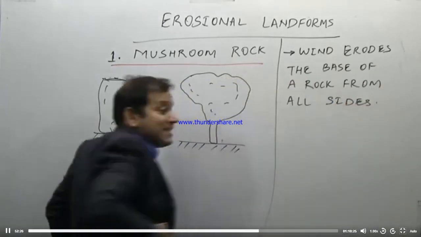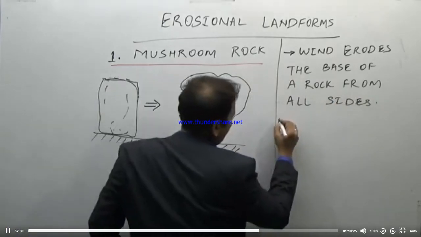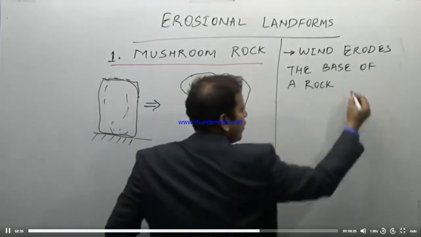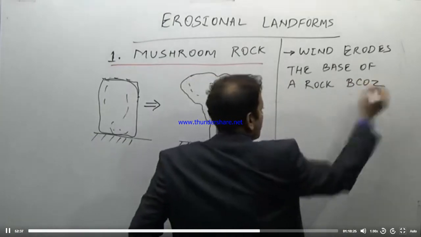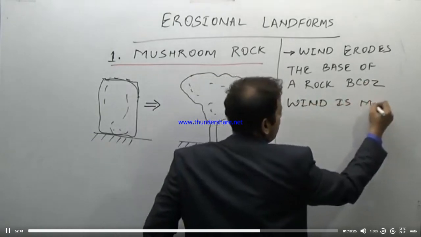Now why does it erode the base of a rock? Because wind is the most powerful agent